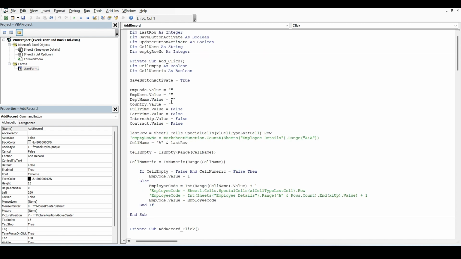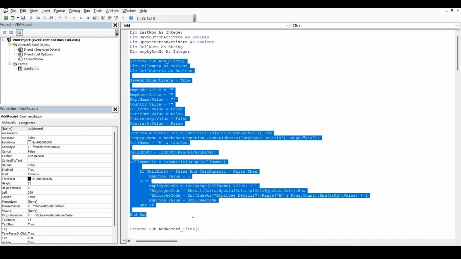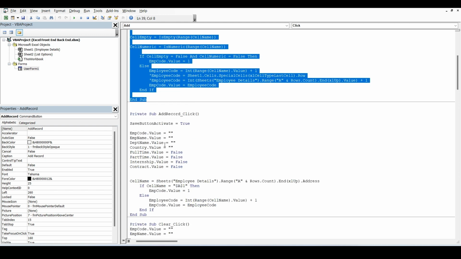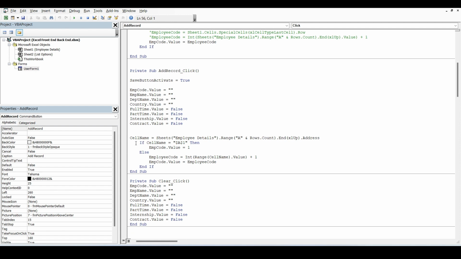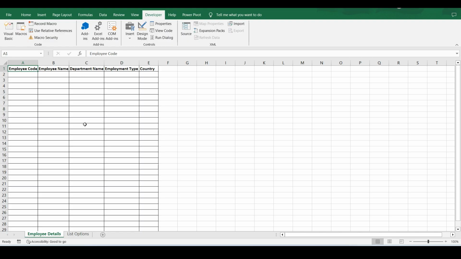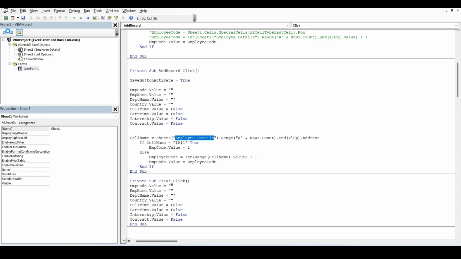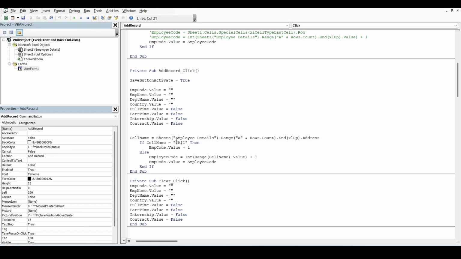Now if you see, I have defined a few variables as global variables, so that whenever I require those variables, I can use them anywhere, like in this button click or under that button click, wherever I want to use them. So what we have done, I have said that cell name is equal to sheet of employee details. If you've seen, under the sheet where I want to store all the information, I have defined the sheet name like this: employee details. Fine. So I said that for this sheet,